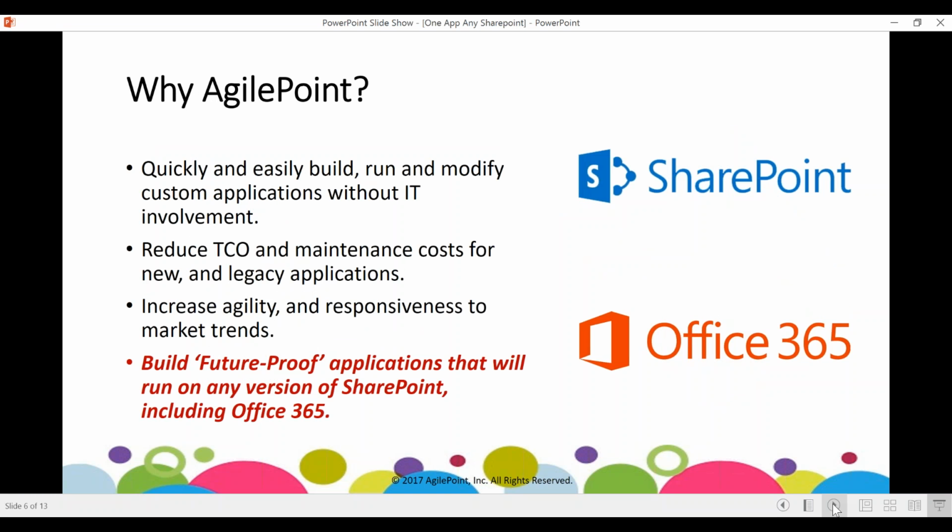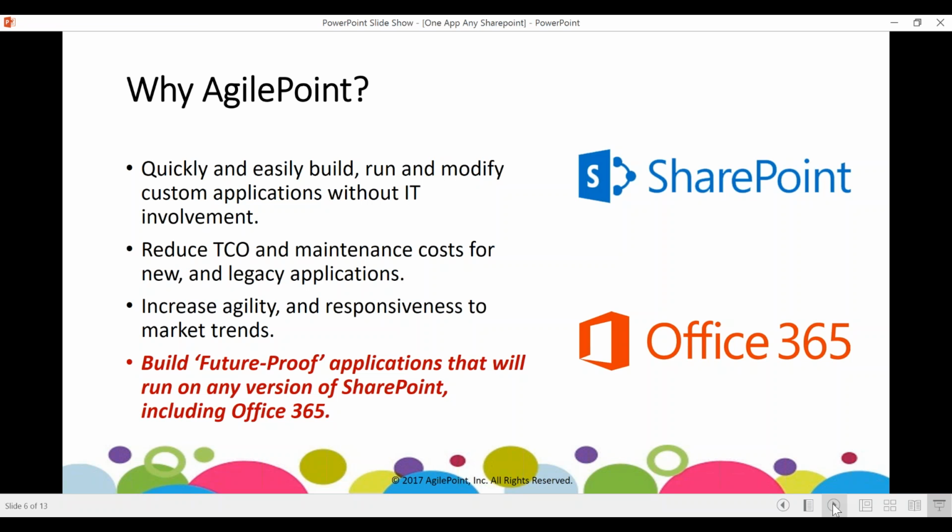So that's really where AgilePoint comes in, right? We've kind of seen this progression of different development tools over the years, right? But they all really result in the same thing, right? So with an AgilePoint application, what we're looking to do is, first of all, lower the bar of entry for these custom applications, right? Not everyone has a professional developer in their organization, right? So being able to build a custom app as a business analyst, right, someone who knows the process perhaps the best, is a real benefit, right?